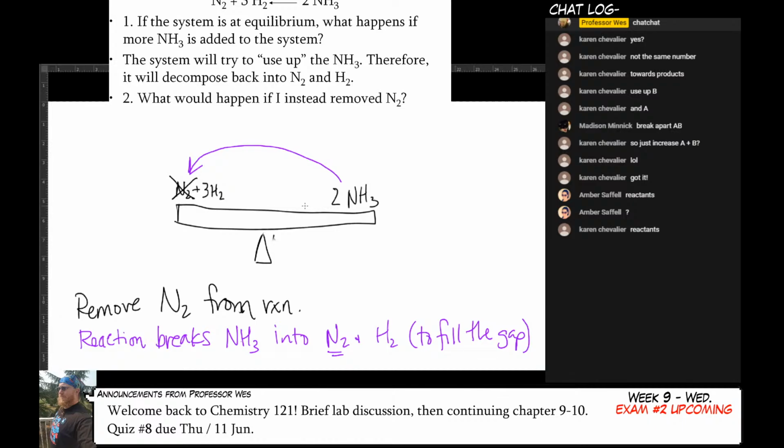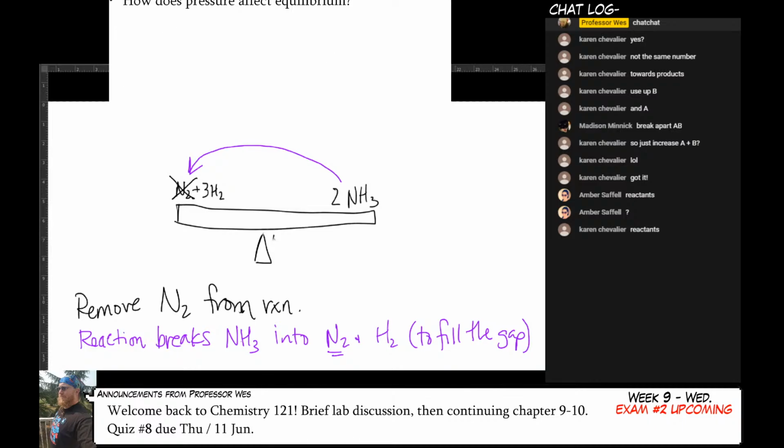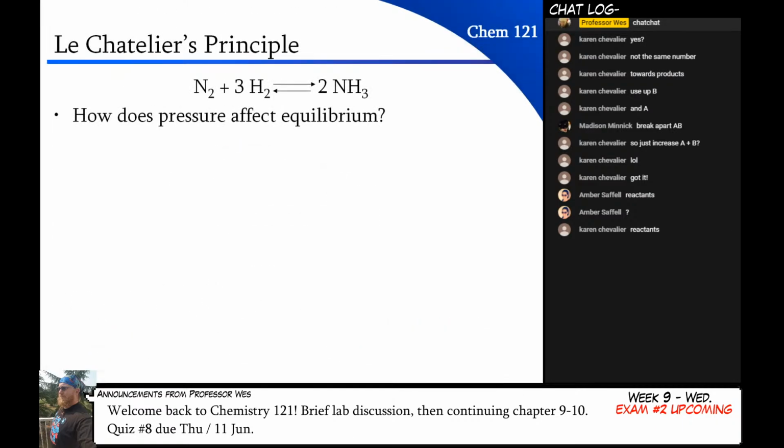Now, adding and removing stuff are not the only ways that we can change equilibrium. Equilibrium constants are linked to temperature, and they're also related to the amount of stuff in terms of pressure. So all of the stuff in this reaction was gaseous. So if I go to the next page here, and we look at this reaction,